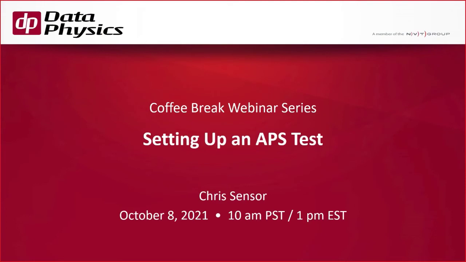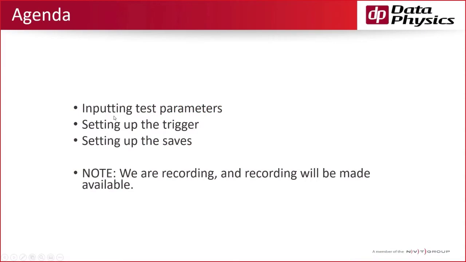My name is Chris Sensor with Data Physics, and today we're going to talk about setting up an Auto Power Spectrum, or APS, test. Today we're going to talk about inputting test parameters, setting up triggering, and setting up the saves in the DP900